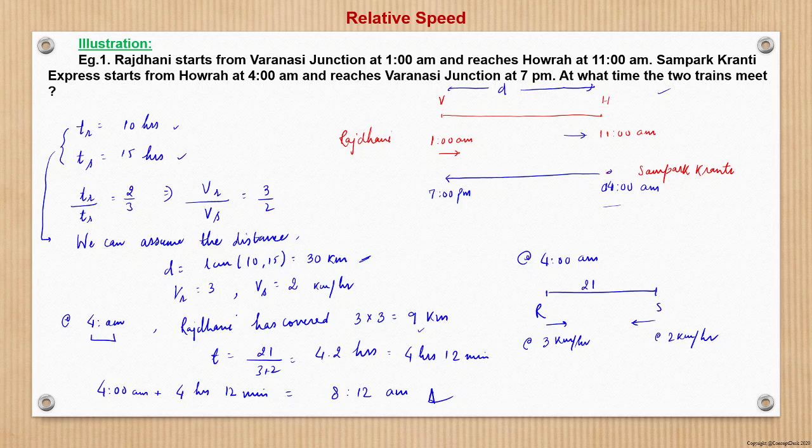Total distance Rajdhani covers in 10 hours. So in 4 hours it would have covered 4 by 10th part, that is 2 by 5th part. So the remaining MN part was 3 by 5th. That 3 by 5th would be further divided into 3:2 ratio, and from there we could have found the meeting time, right? Anyway, this LCM method is a very easy one, and so I recommend this method to be used if it